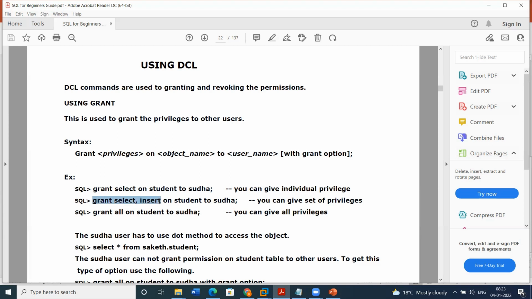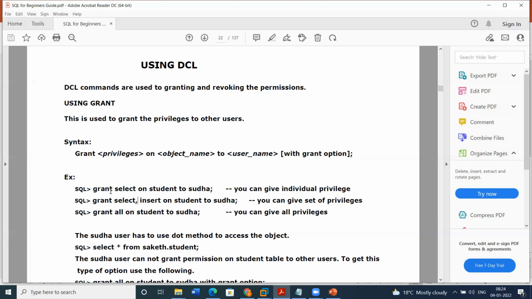And the next one is what are the actions? Only select access means you can only restrict the access to select, so you cannot insert the data and so on. Normally production databases will have only select access, especially for developers. If you try with their user ID, they will have only select access.